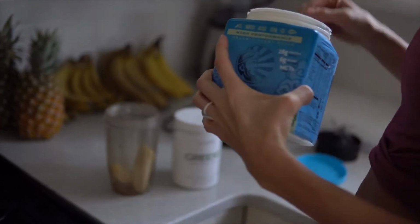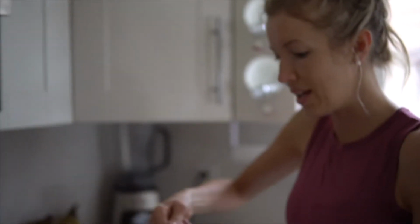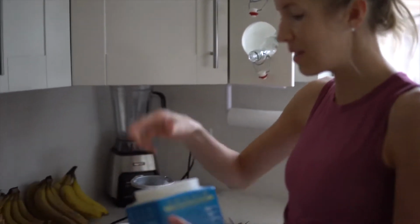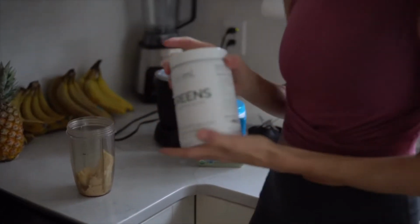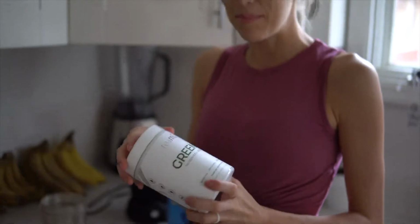That being said, I'm gonna do a scoop of that. The natural tastes plenty good and sweet with just one banana in it. I really love it. It's just simple, easy, quick to do before or after a workout to get all those amino acids in. And then this is something that's kind of new, but I've been absolutely loving,